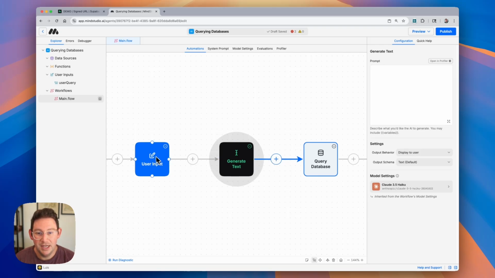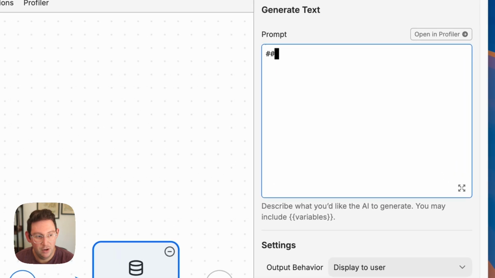So we have this initial user query, and that's going to be in plain English. And we want to actually translate that into a Postgres query using AI. So let's go ahead and write our prompt. We're going to say something like, why don't we have our request? And our request is going to say, based on the user query,